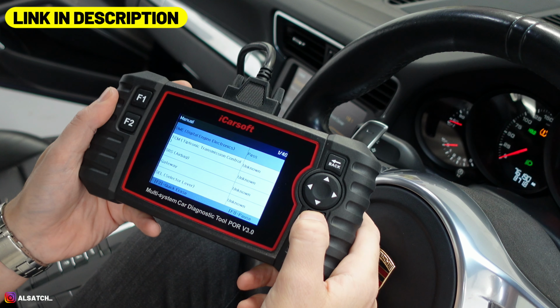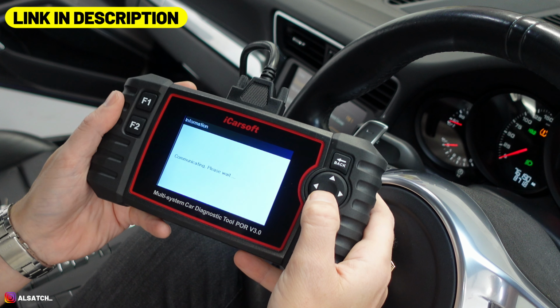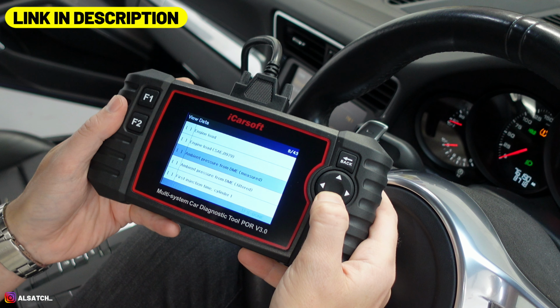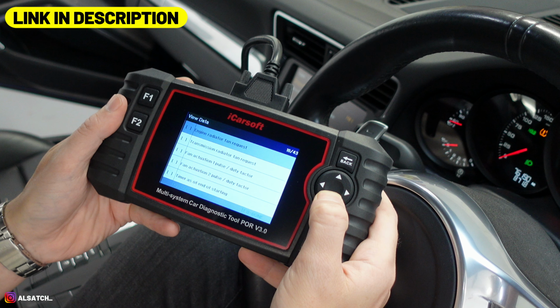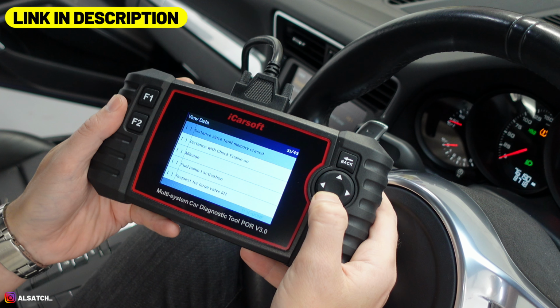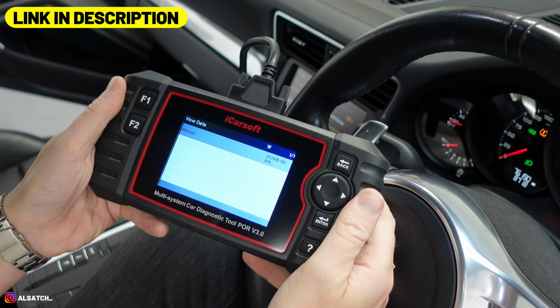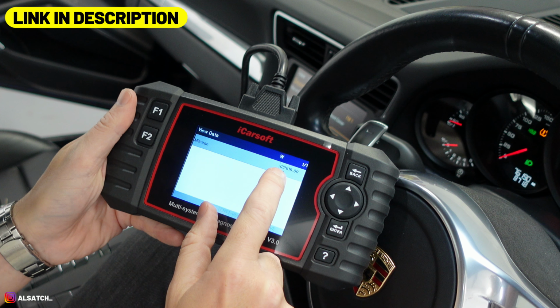So if we go into DME, which is the engine system, we go to view data, we go to general, then we need to scroll down. In the 991, it's displayed as mileage. On a different vehicle, it might be displayed as total distance driven, something like that. So we'll select the mileage, click F1, and it's giving us a reading of